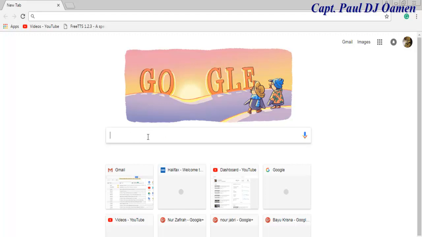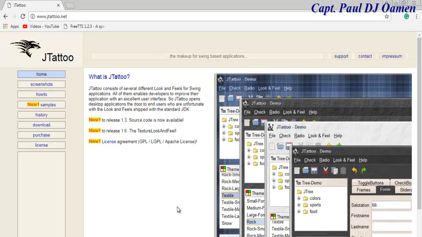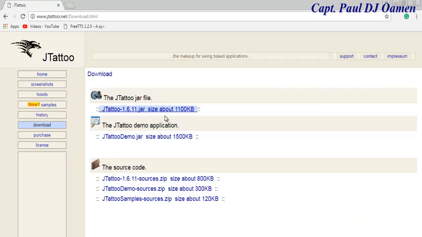JTattoo. Right up there, press enter and let's look for JTattoo. That is the site of JTattoo. Click on it, or you can just click on the download button straight up. Okay, you can download the file right there. That is it. If I click on that, you might not see the download bit, but it's there on my